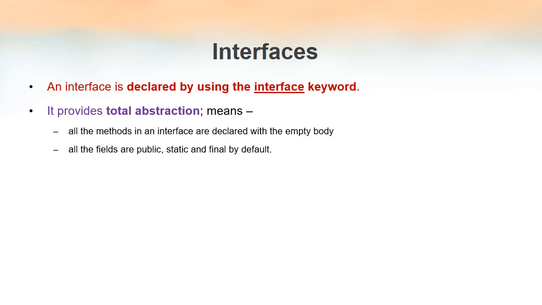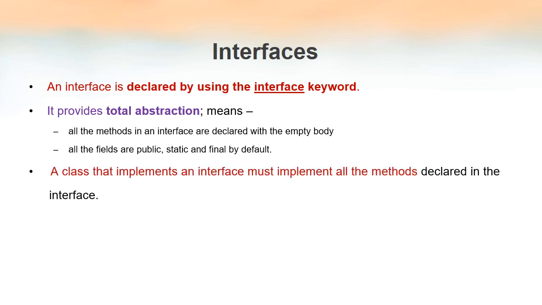Okay, by default, even if we are not mentioning the keywords static and final when we declare the variables inside it, they will be static and final by default. And the class which implements the interface must implement all the methods inside that interface. Implement means, you know the dictionary meaning of implement: we must provide the code of all the methods. We must provide the body of all the abstract methods inside the interface if our class implements our interface.